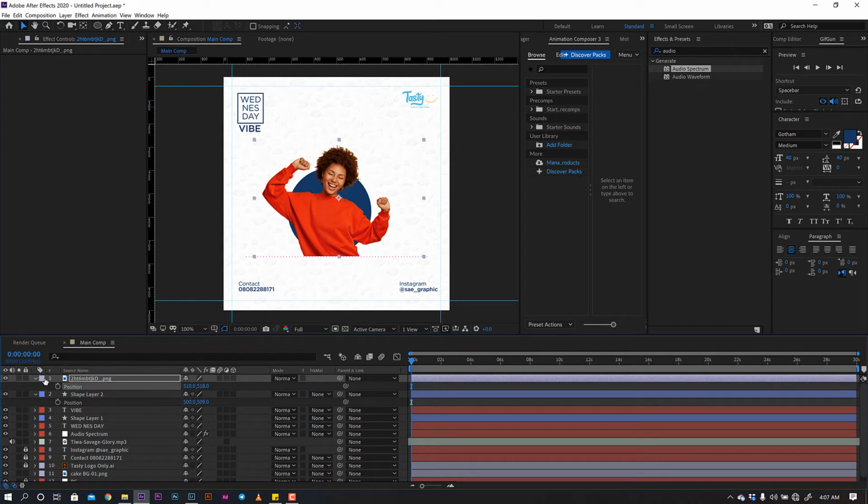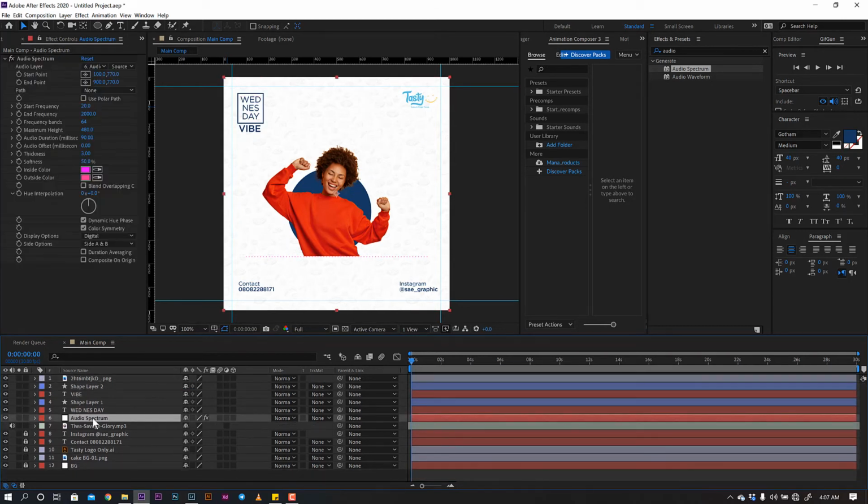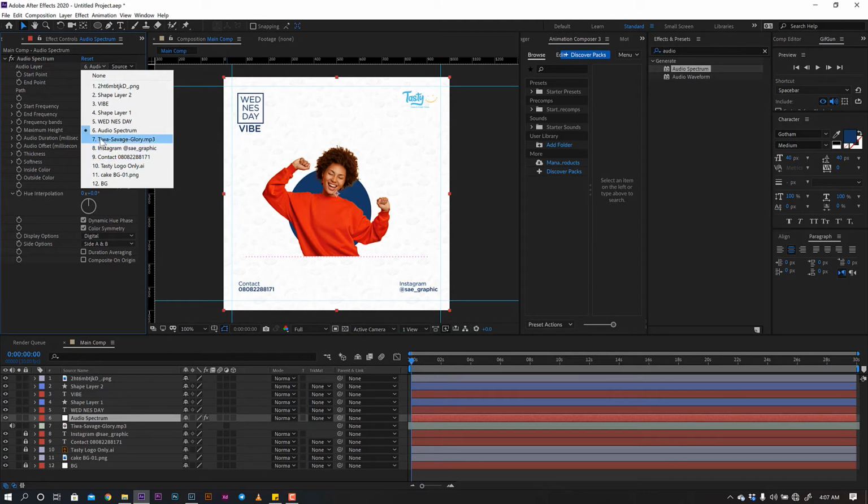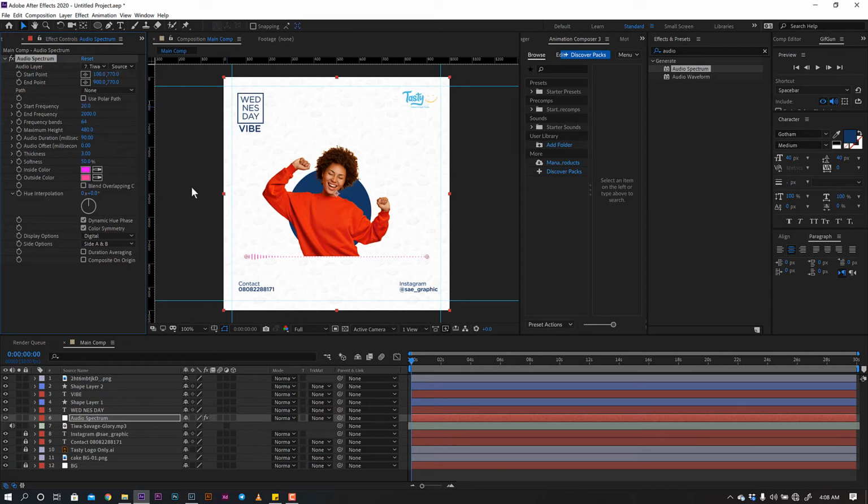All right, so the next thing I want to do is first of all animate my audio spectrum. So make sure the audio layer is selected, which is the Tiwa Savage Glory. And next thing we want to do is adjust our start frequency to 2, change our end frequency to 600, change the frequency band to 70, change the maximum height to let's say 260,